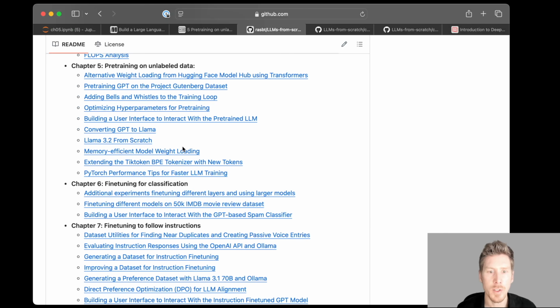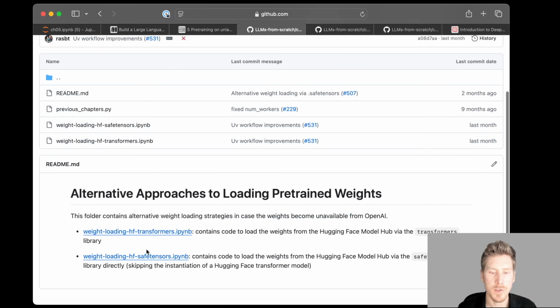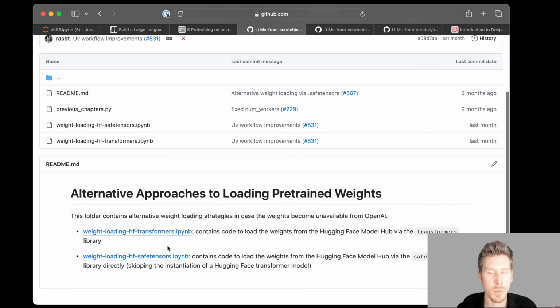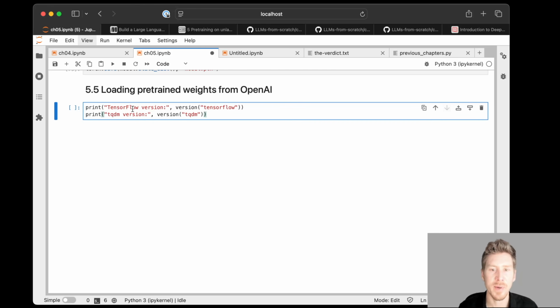But one more thing I wanted to mention is I also have this alternative weight loading from Hugging Face transformers, or also safetensors files. These are two notebooks that do something equivalent to what we are doing here. So if what we are doing here doesn't work for you, I recommend checking out one of these two notebooks in chapter 5 on GitHub. Which one doesn't matter, both work. They're just two different ways to load the weights from a different place that also doesn't require TensorFlow. But to show you what the original way is to load the official weights,